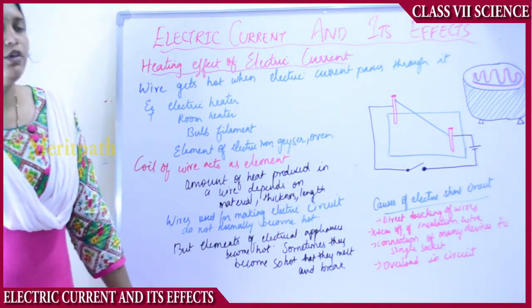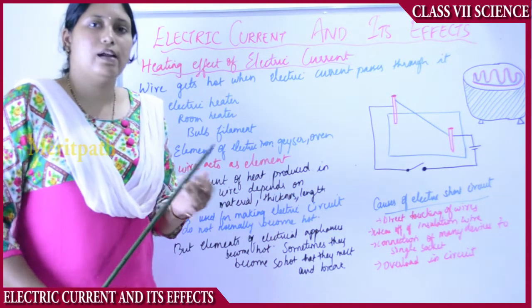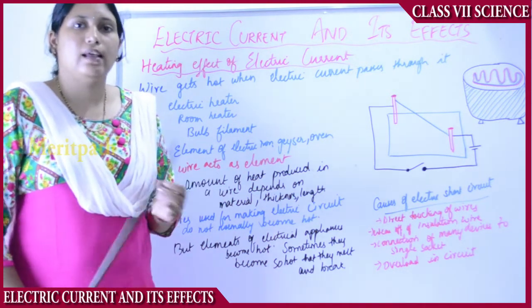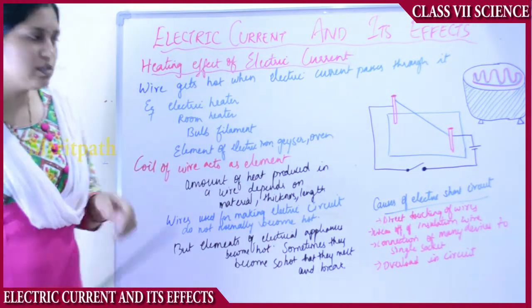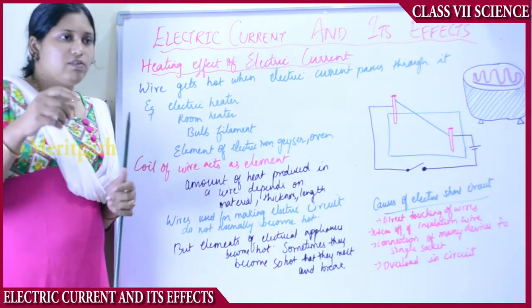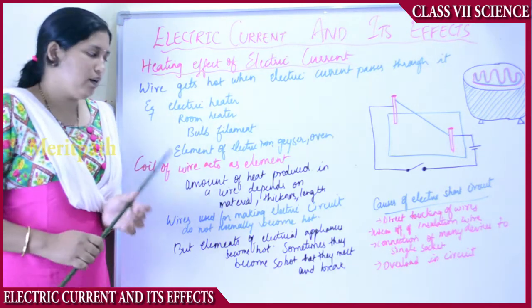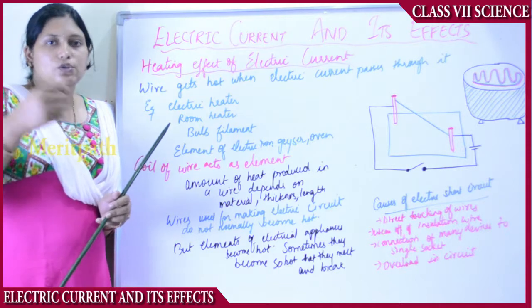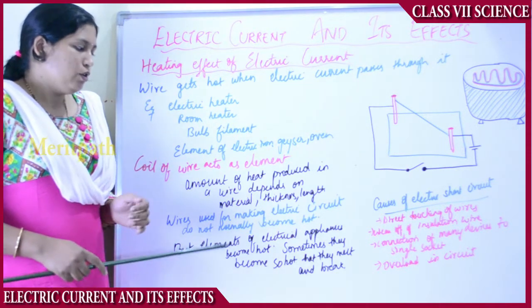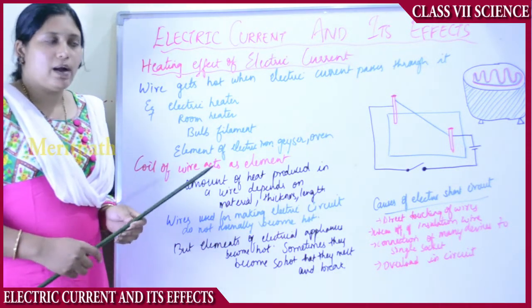So if you are giving a connection for an electric geyser or an air conditioner, at that time you use wire of high capacity. That means the coil of the wire will be high. There will be many layers of the copper wire inside the coil. Whereas for small electric circuits, we only use a thin strand of wire. So the thickness of the wire also matters.